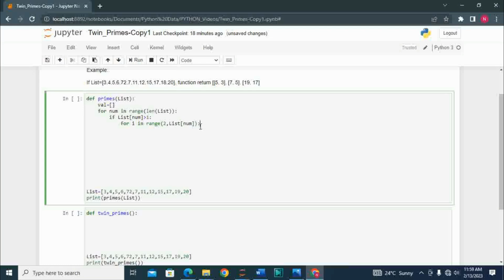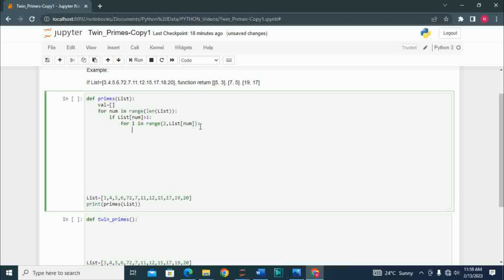Okay, there. So now I just need to give a statement that if a number is divisible by more than 2 numbers, you know that a prime number is supposed to be divisible by 1 or itself, right? So I'm just gonna say that if list num